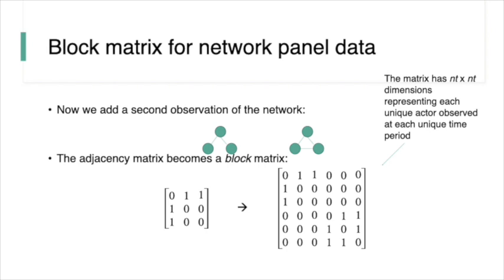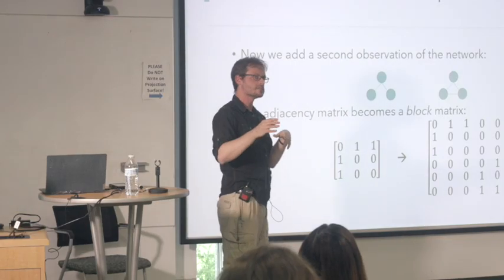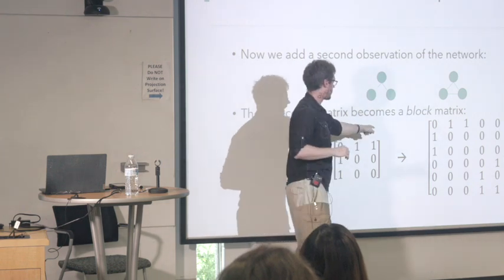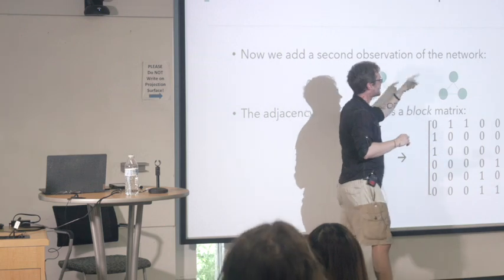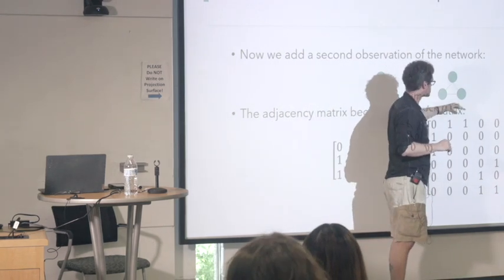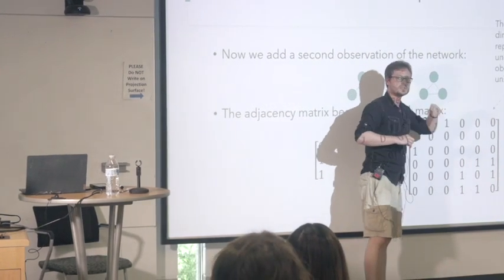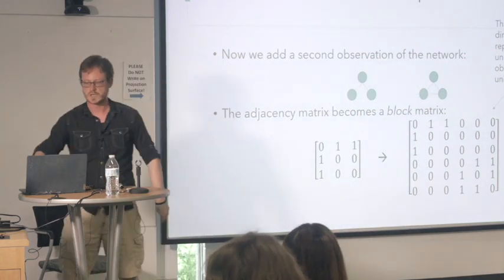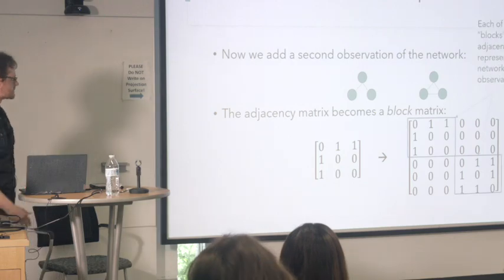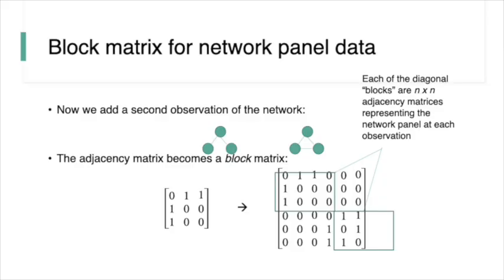where we have multiple measurements of the same network at distinct moments in time. So rather than the dimensions of the matrix being n by n, or in this case 3 by 3 because we have 3 nodes, it becomes nt by nt, meaning we have distinct adjacency matrices for each time period and each set of nodes at that time period. And we call it a block matrix because we get blocks. We can break our block adjacency matrix into square components which represent